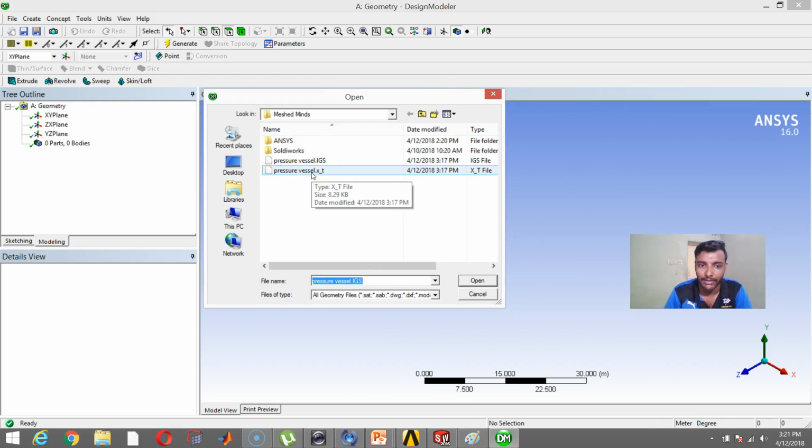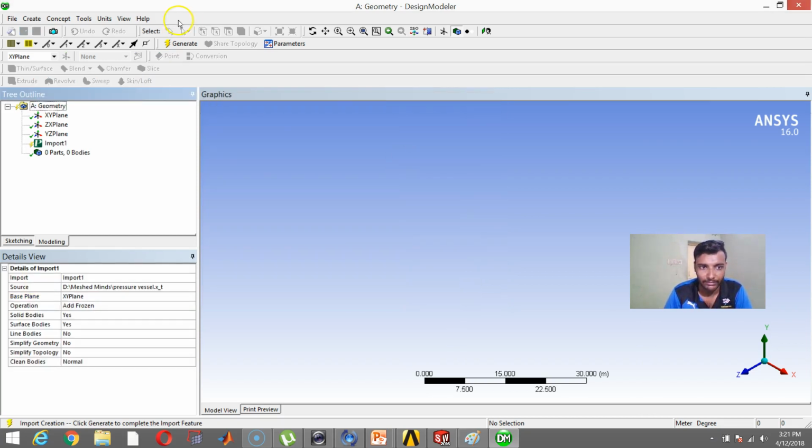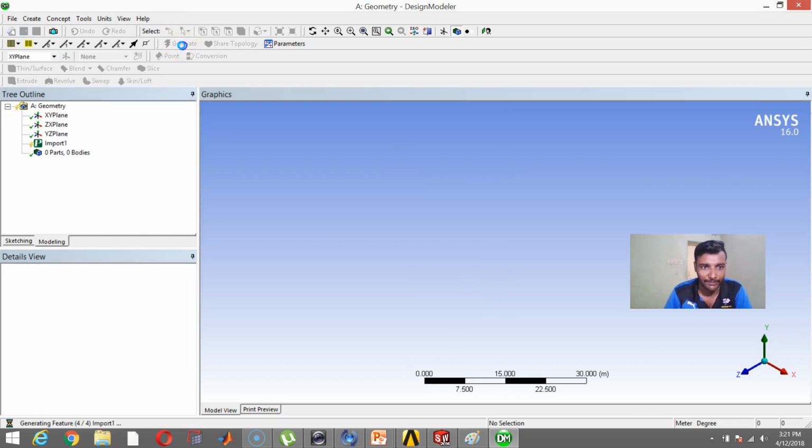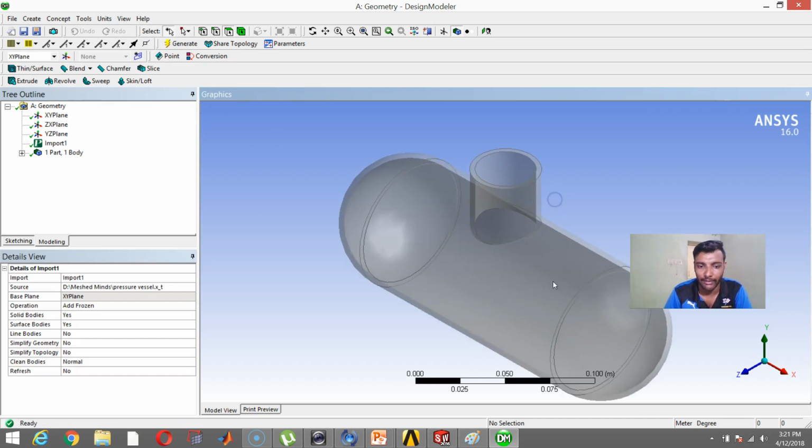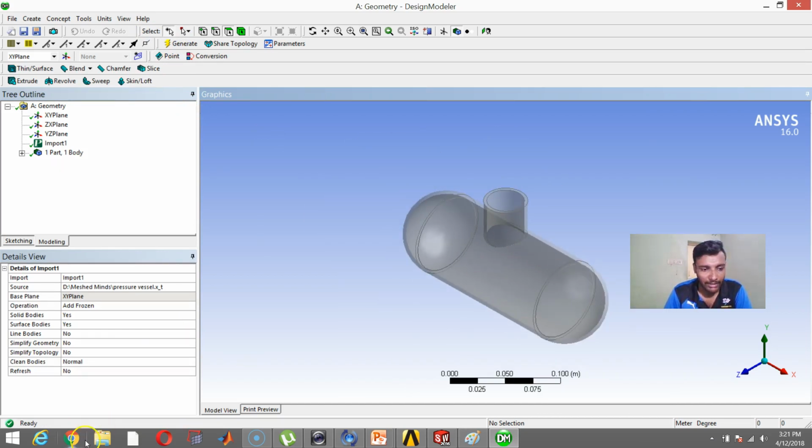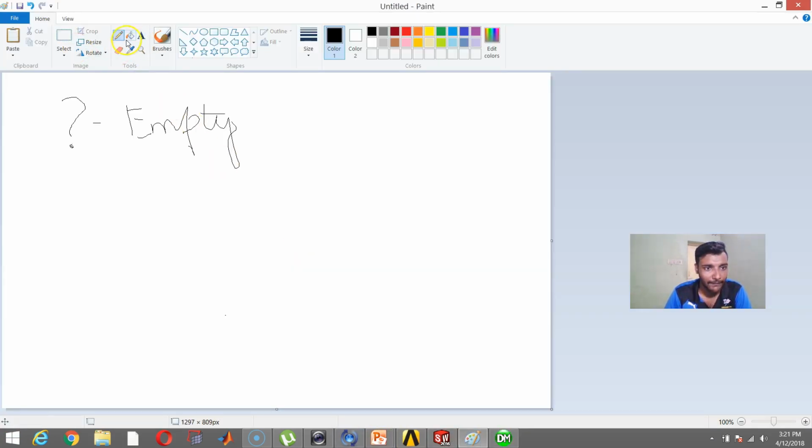So you can select the pressure vessel file and say open. Okay, and say generate. So here I have my pressure vessel. The bar here is called the status bar. If you can see here, we have a green tick and it says ready. So when you have a green tick here, it means